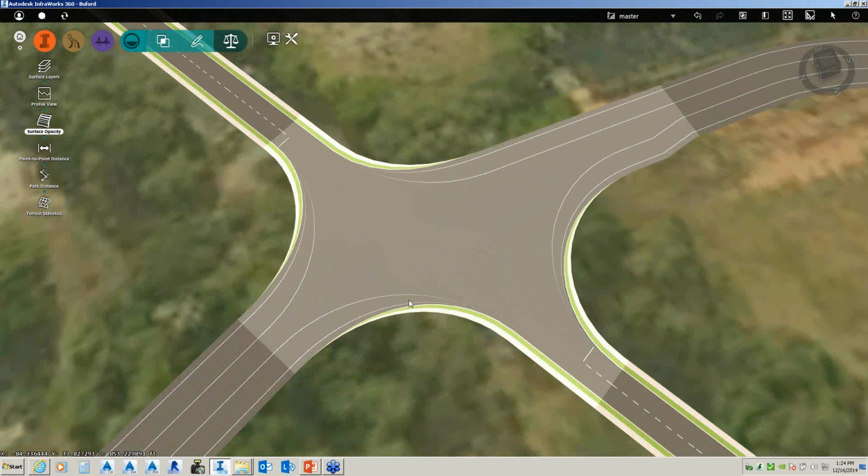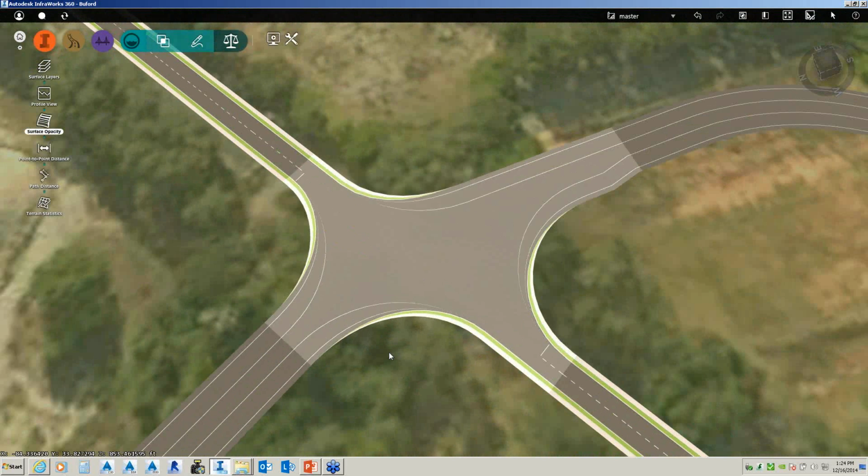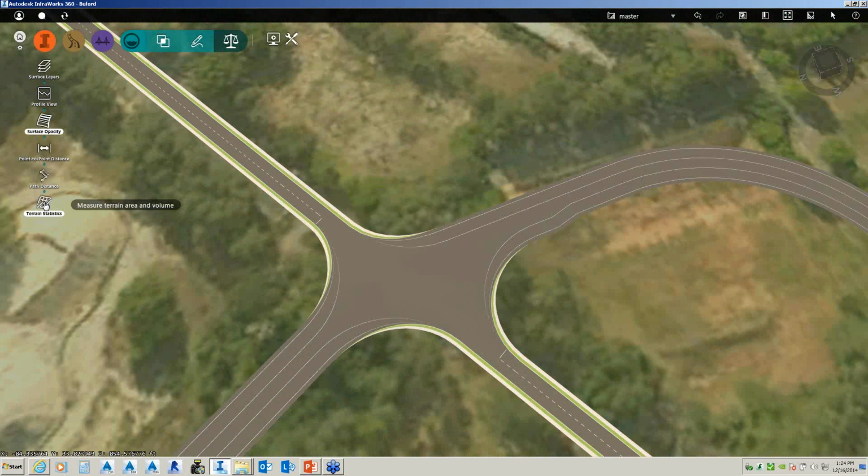You can brighten and lighten. I can do terrain statistics or surface opacity. I can also do surface layers where I can cut off all the surface layers if I wanted to.